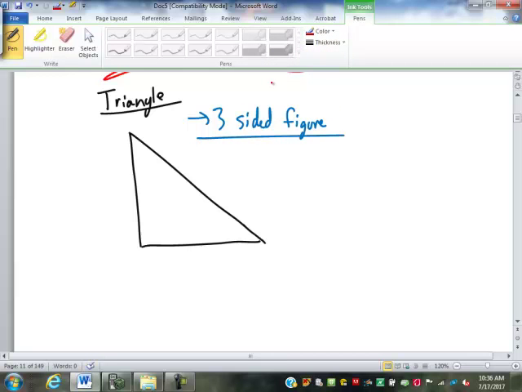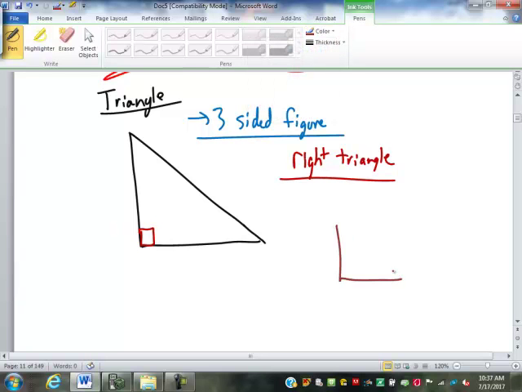What we're going to look at today is we're going to focus on a special triangle called a right triangle. A right triangle is a triangle that has one right angle in it. Now, it can only have one right angle. It can never have more than one, because if it had 2 right angles,